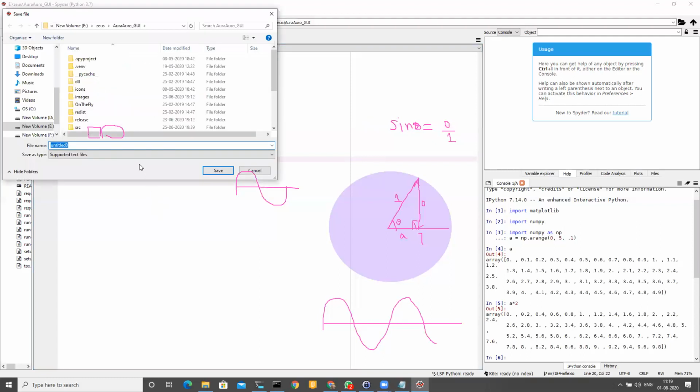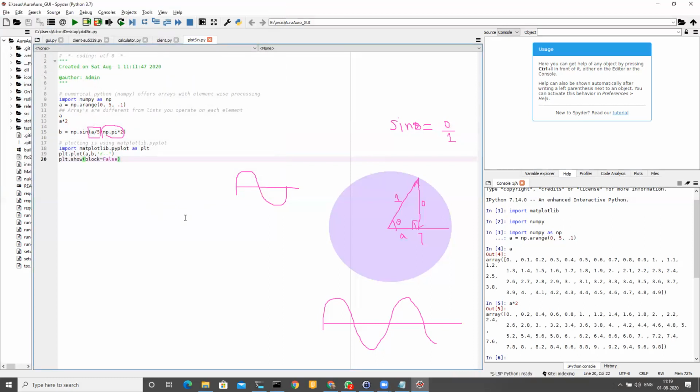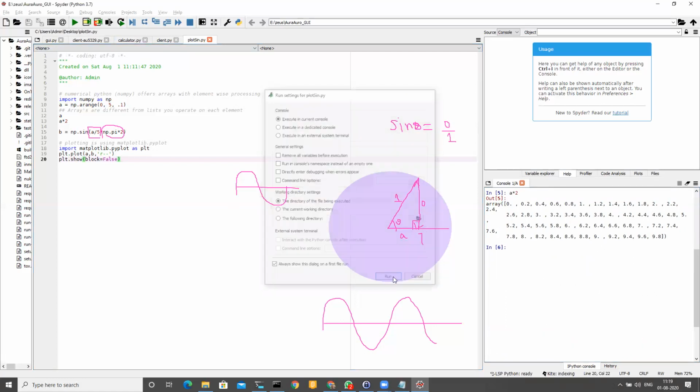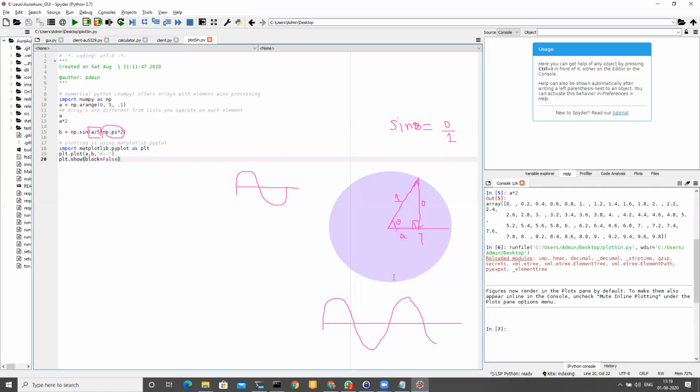I need to save it. Okay. Figures now render in the plots pane by default.